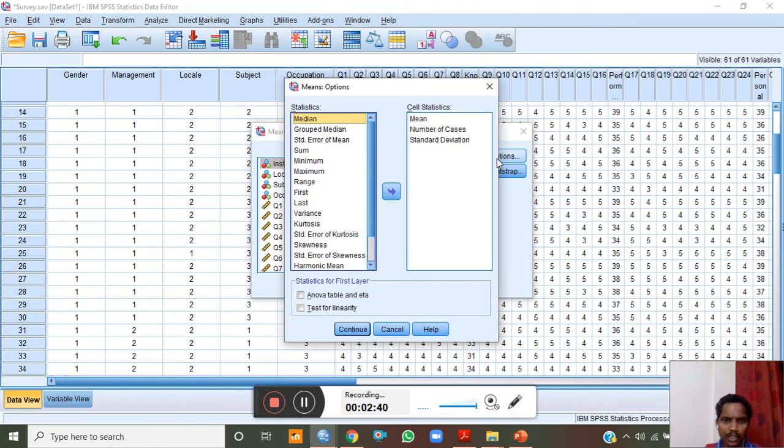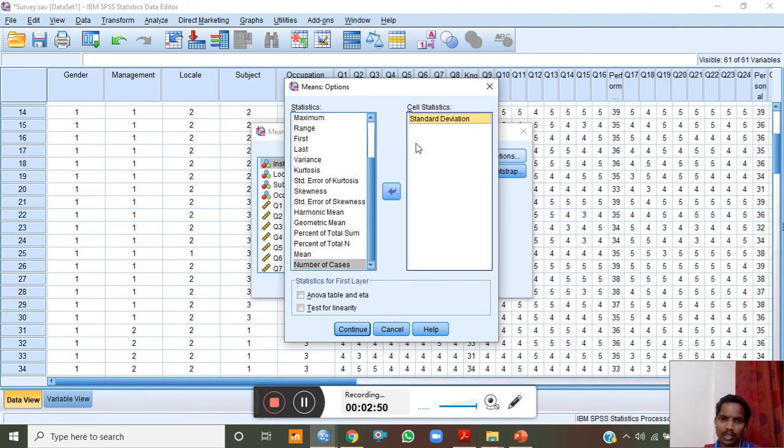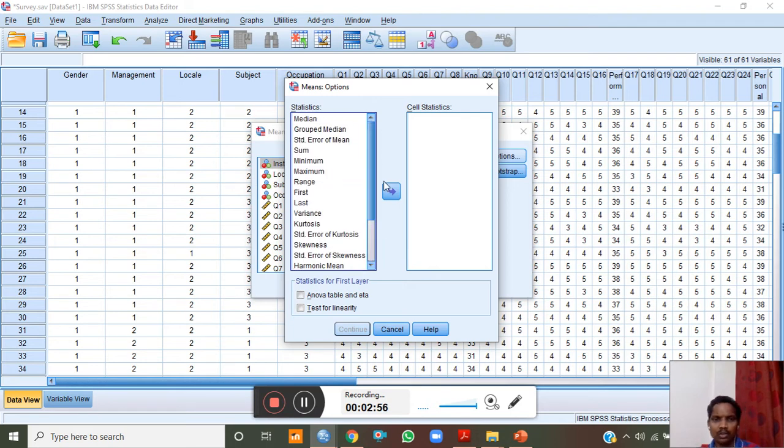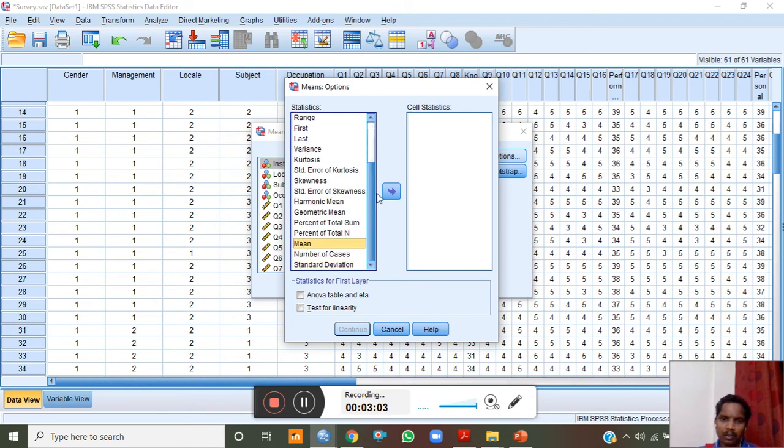Then you can click on options, then select what measures of central tendency you require. By default something is there, since I have calculated before, it is appearing there. So you will select the statistics that you want from this box. Let me take the mean first, then maximum you can take, range you can take, variance, everything you can take, whatever is required you can take,